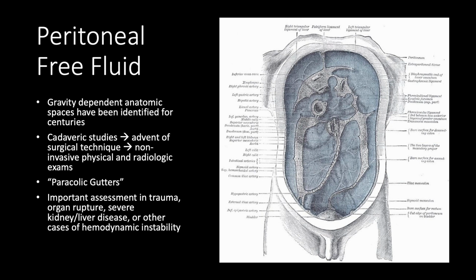And then since then, studies of surgical technique, and now with our physical exam and radiologic exams, including things like ultrasound, we've been able to identify what fluid in the abdomen looks like and help use its presence to guide whether or not a patient needs to go urgently for surgery or to get additional